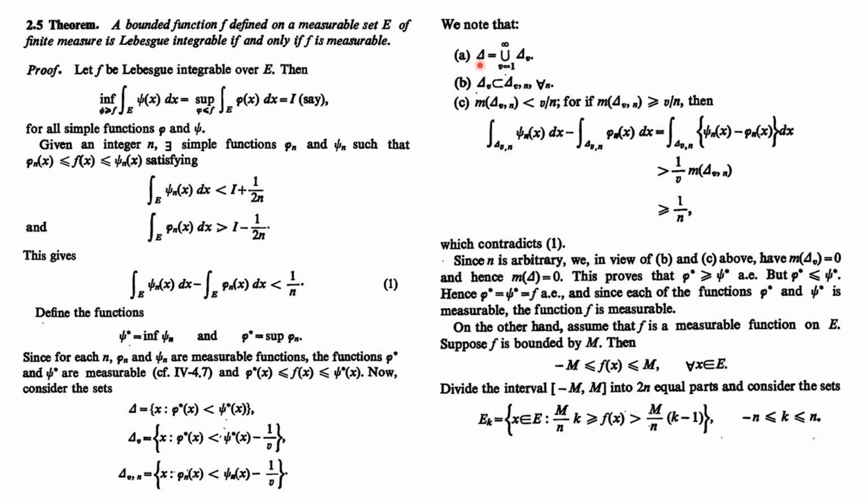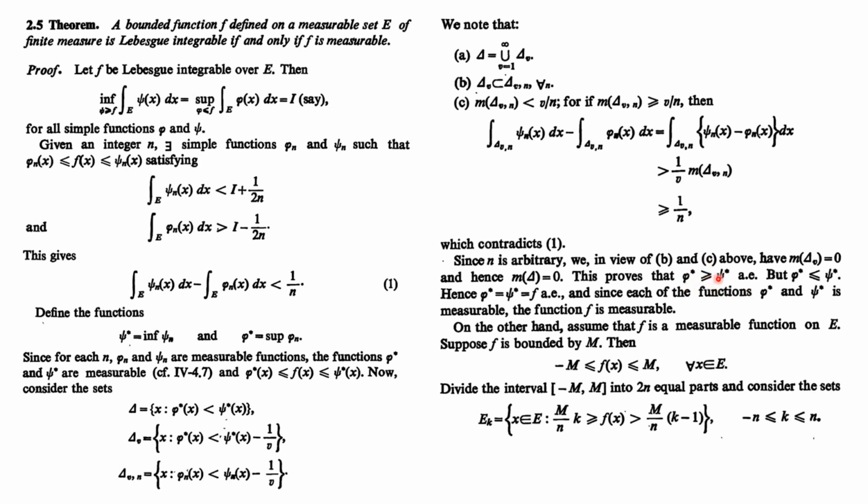Since the measure of delta nu is 0, then using A, the measure of delta is 0 because it is the summation of the measures of delta nu's. Since each delta nu has measure 0, the measure of delta will be 0. Now if the measure of delta is 0, what is our delta set? It is x belonging to E such that phi star is less than psi star. If this set has measure 0, it means our phi star should be greater than or equal to psi star